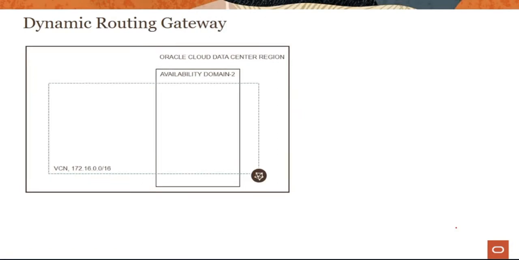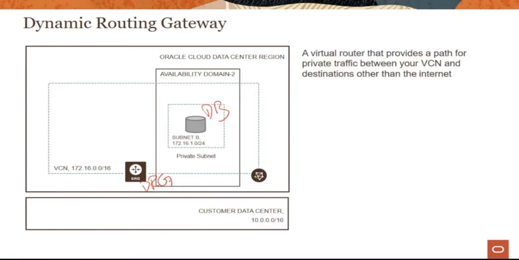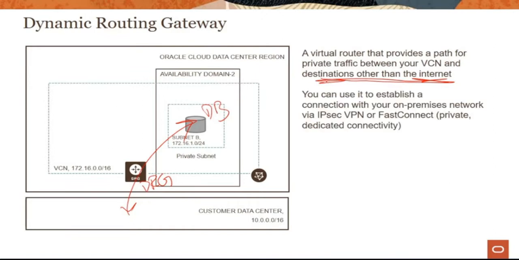As you recall from the previous module, we looked into this gateway called a dynamic routing gateway. So anytime you have your on-prem environment and you want to connect to it, let's say you have a database running here, you would use this gateway in OCI called a dynamic routing gateway. It's a virtual router sitting at the edge, and it provides a path between your private subnets and your on-prem environment. So think about this as any situation where you want to connect other than internet, you would use a DRG. Now, DRG is used both for VPN as well as Fast Connect. So both these options are supported on DRG, and we'll look into this as we get into more details